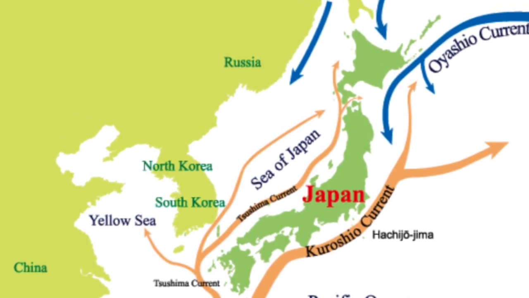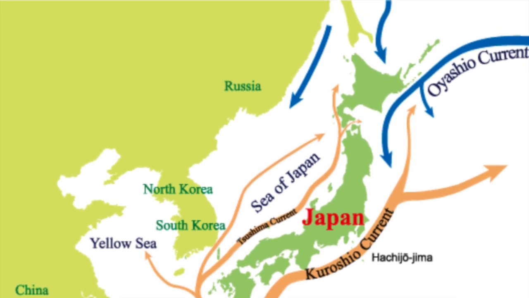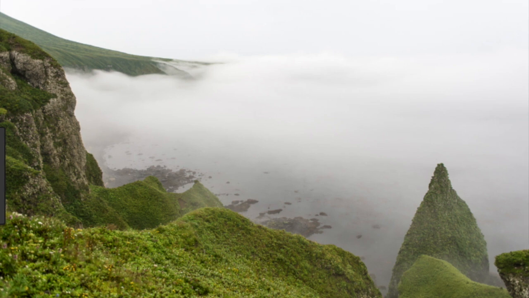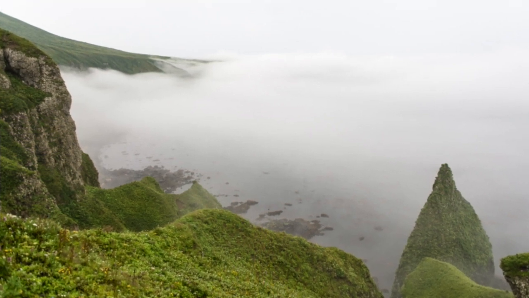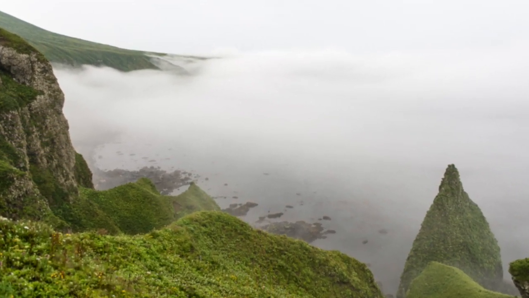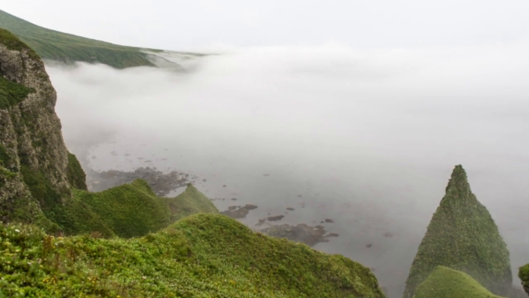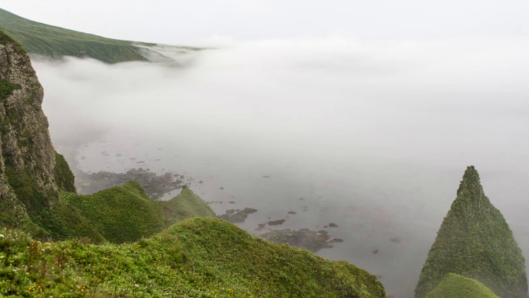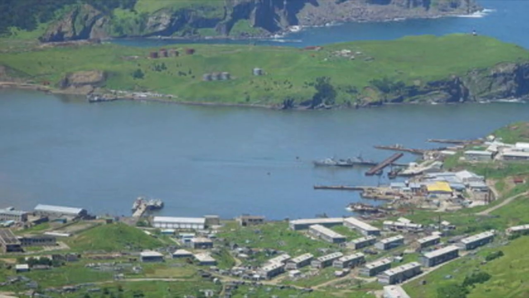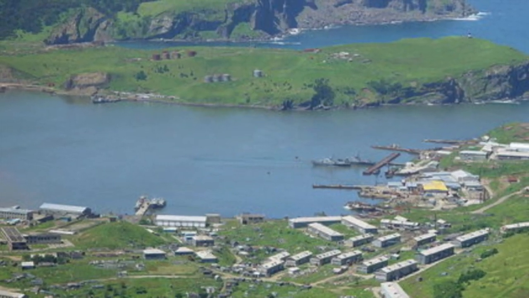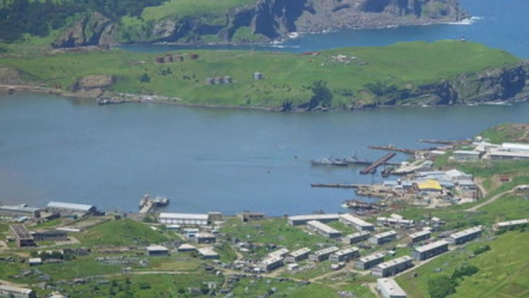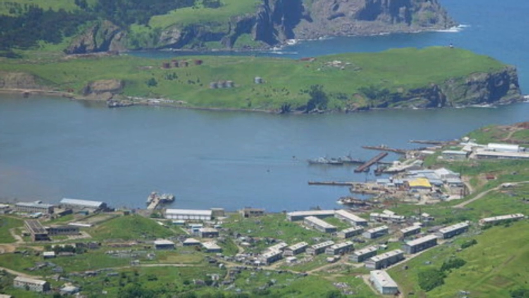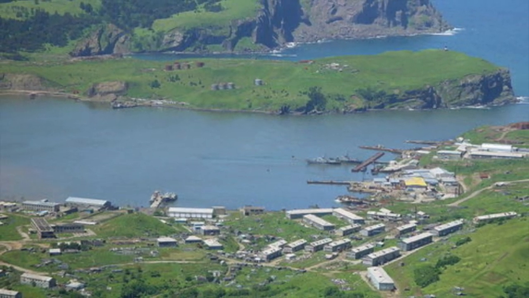At 40 degrees north latitude, where the Oyashio Current meets the Kuroshio Current, there is an intensive mixing and submersion of surface waters, giving rise to the North Pacific Current. On one side of the island there is the cold Pacific Ocean, and on the other the freezing Sea of Okhotsk. If the wind blows from the south, it can be warm and humid. However, if it blows from the north, it can be very cold.